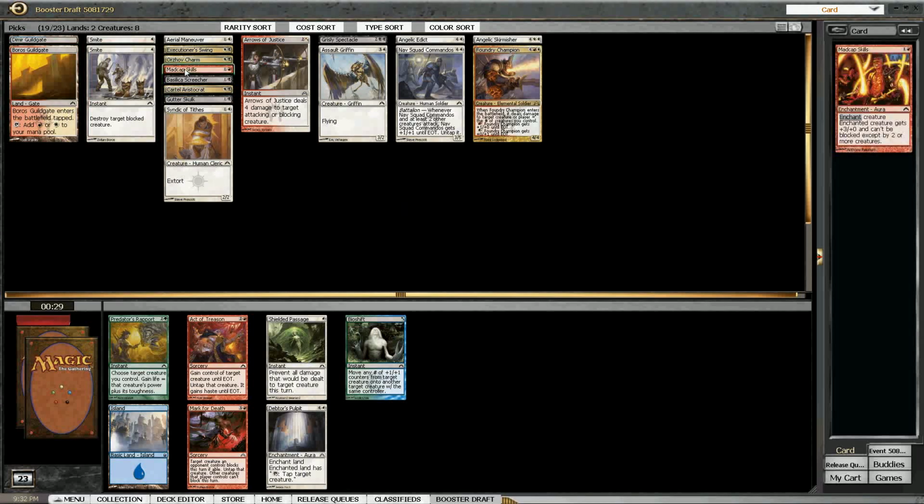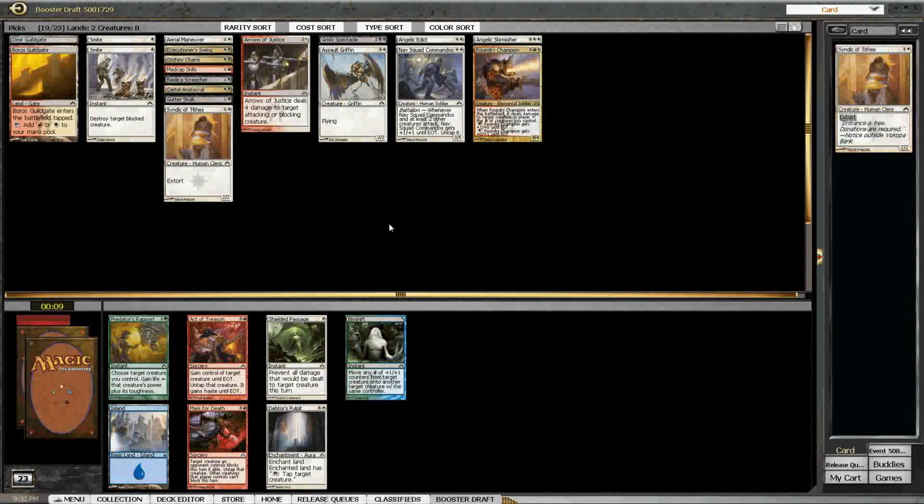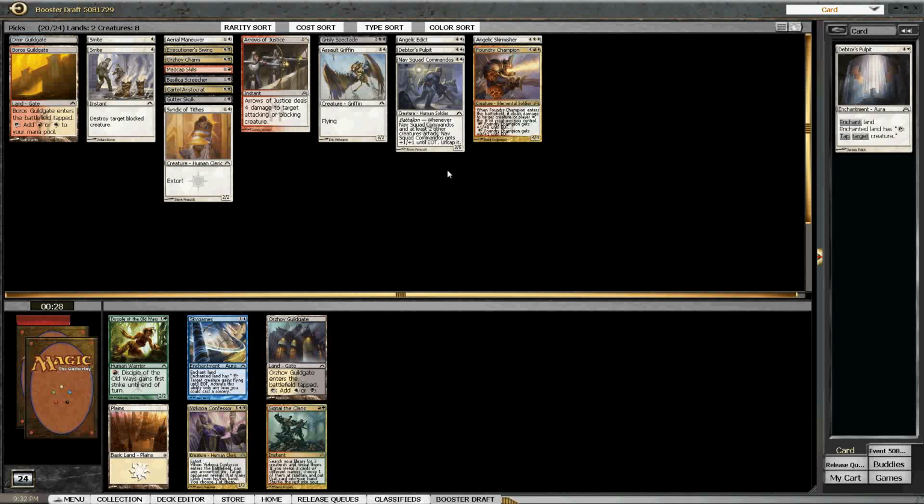I'd be okay not playing Madcap, especially if I don't have a lot of creatures, which I don't at the moment. But if you do Madcap and then you put it on a Cartel Aristocrat, for example, you can make your Cartel Aristocrat do some serious damage. He's a 5/2, has to be blocked by 2 guys, and then you can sacrifice another creature to give him protection from a color. So he's pretty rough. Here, I'm going to take the Pulpit, just because I'm not going to try to splash either of these red cards. I don't really like Mark for Death anyway, so situational, but...